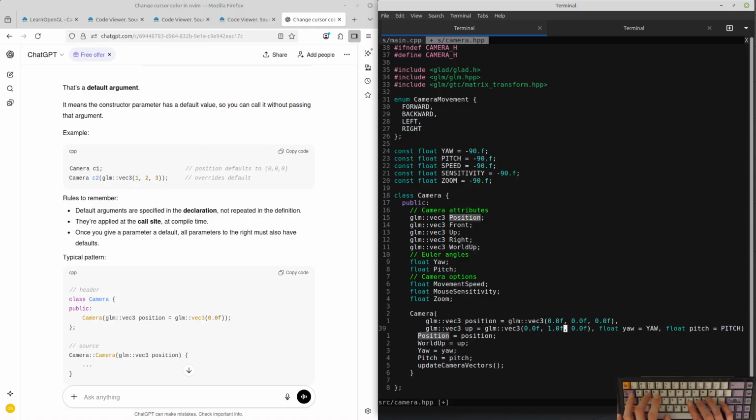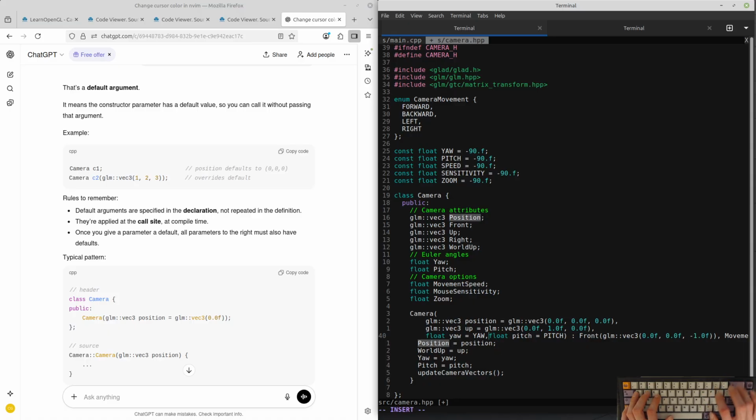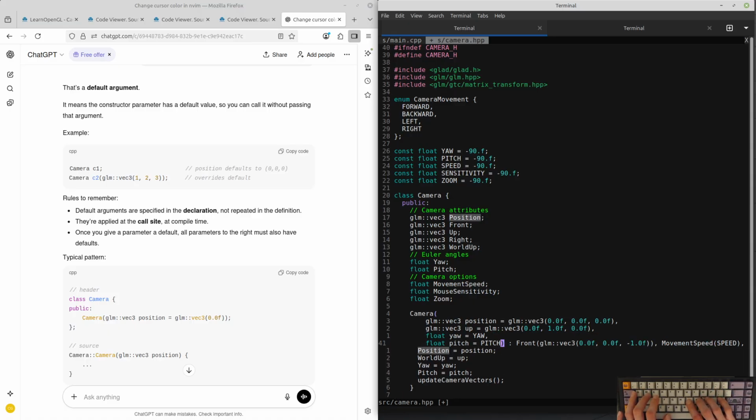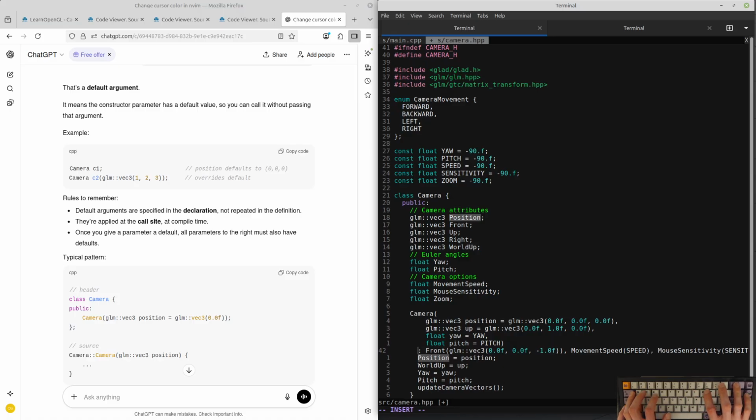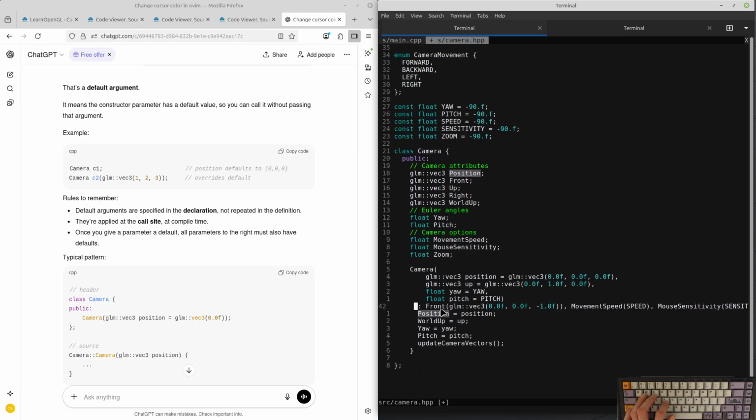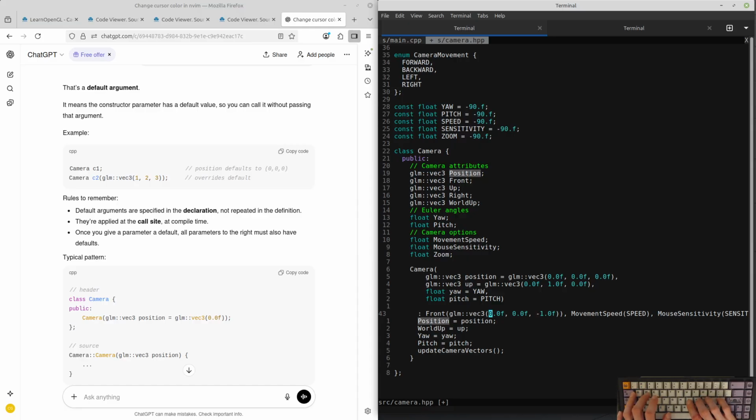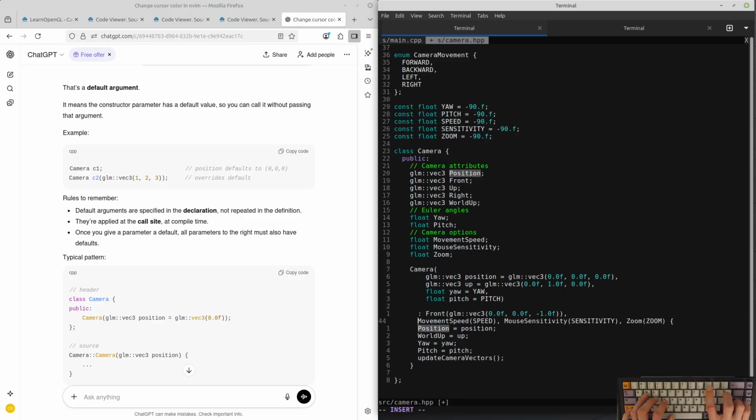Not to mention this whole arg thing with capitals, like yaw, yaw, pitch, pitch. It's like, guys, I don't know. What's a good way of doing this though? Because it's kind of disgusting no matter what you do, right? And these are like list initializers or whatever it's called.